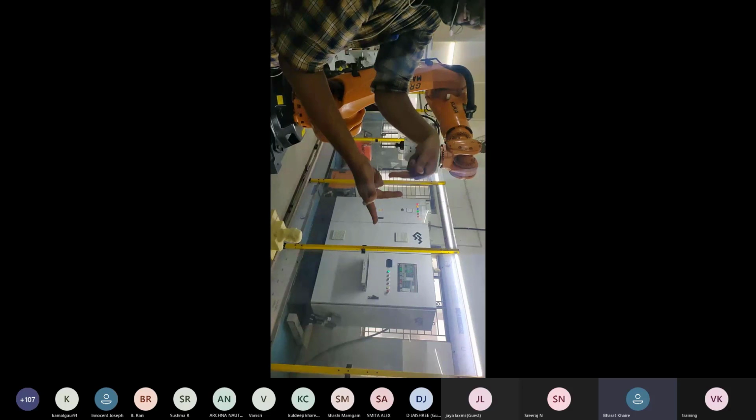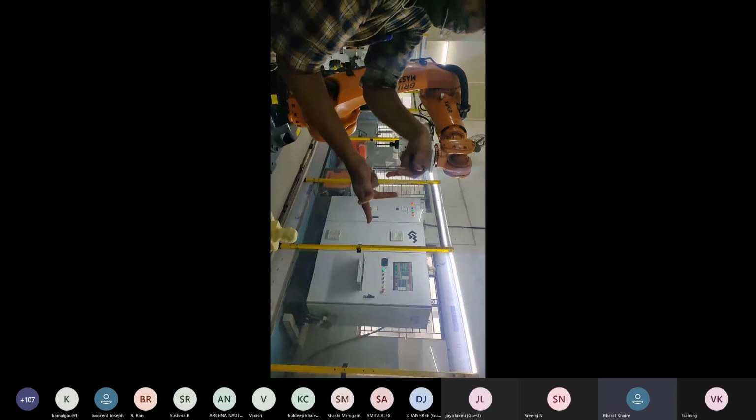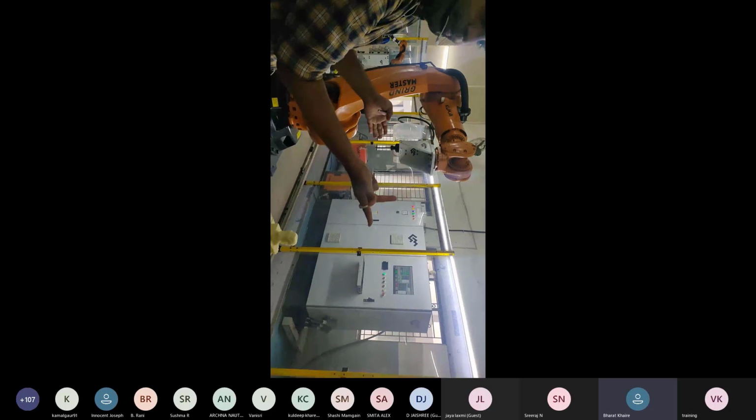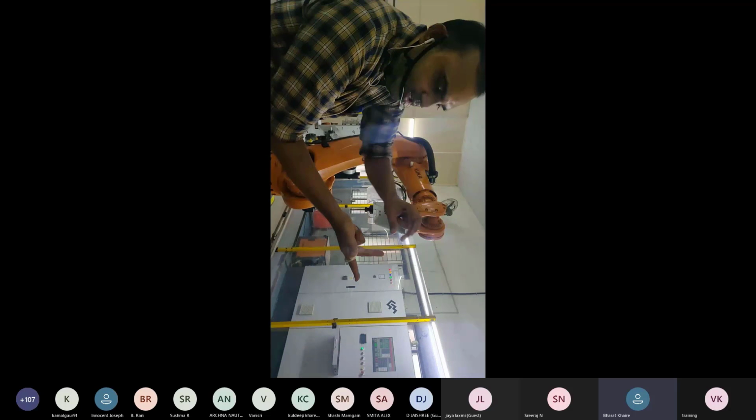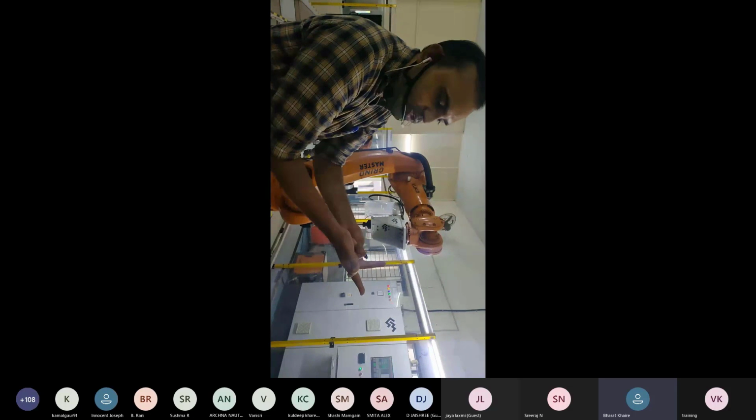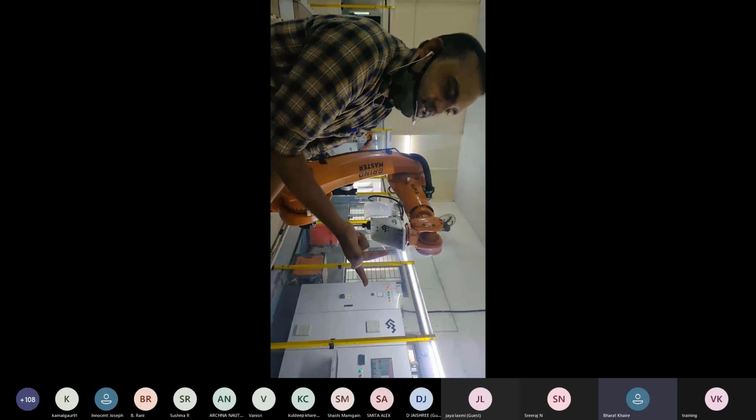This is like a number line. From 0, the left side will be minus, and from 0, the right side will be plus. The thumb is the x-axis; from the root it will be x minus. Like that, the finger is the y-axis plus side, and from the root it will be 0, and the opposite side will be minus. The middle finger will be upside, z plus, and from the root of the finger, downside it will be z minus.